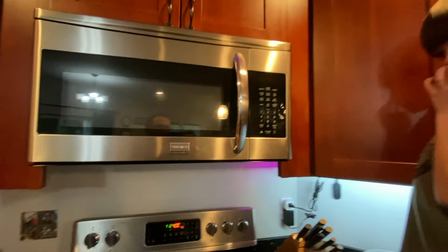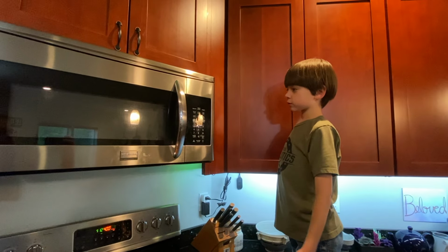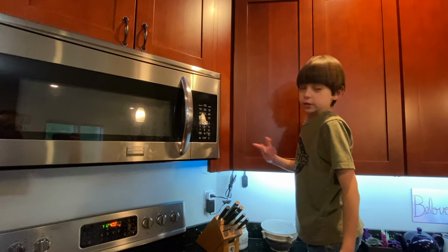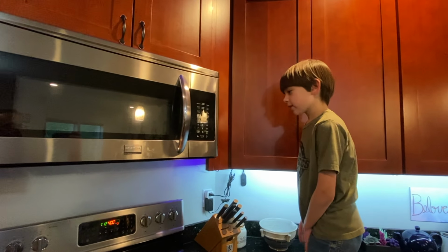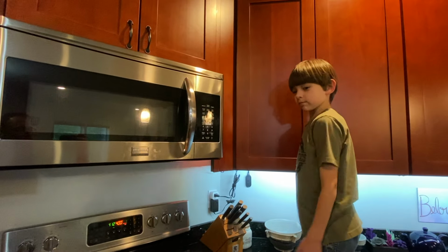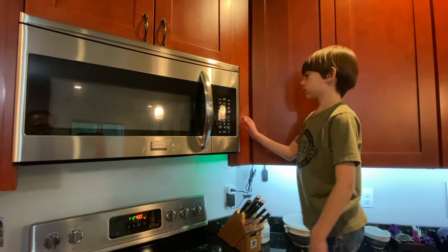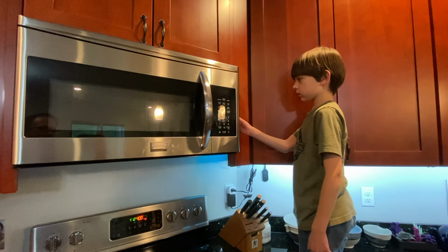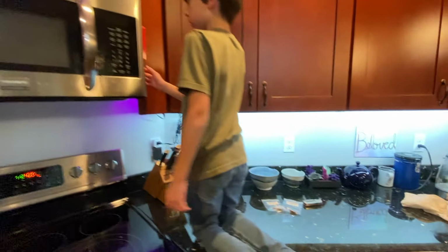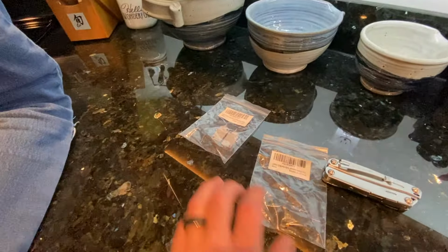those switches burn out, and then what happens? You cannot do anything with the microwave because it thinks the door's open. So when you go to set the microwave, it runs for a little while, and then it thinks the door is open, and then it flips the breaker. So we've replaced the switches once before. Amazon special from China,